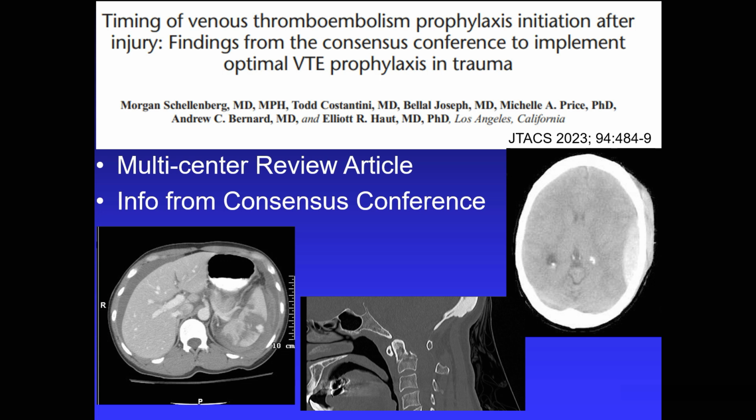Firstly, if a patient has active bleeding or coagulopathy on presentation, then obviously VTE chemical prophylaxis is not appropriate until bleeding is controlled and coagulopathy is corrected. Once patients are hemodynamically stable with stable hemoglobin and no ongoing coagulopathy, then within 24 hours, it's usually appropriate to start chemical VTE prophylaxis. And that's reflected in both the AAST and the WTA guidelines.